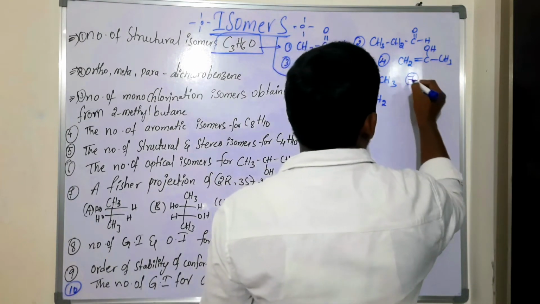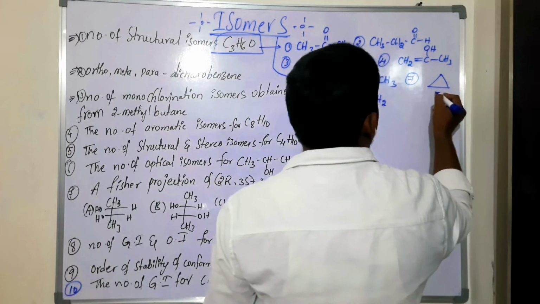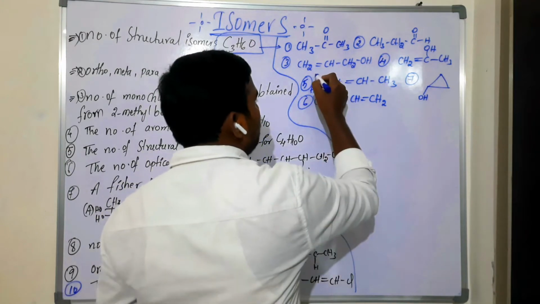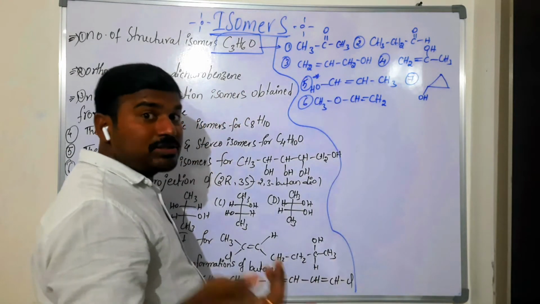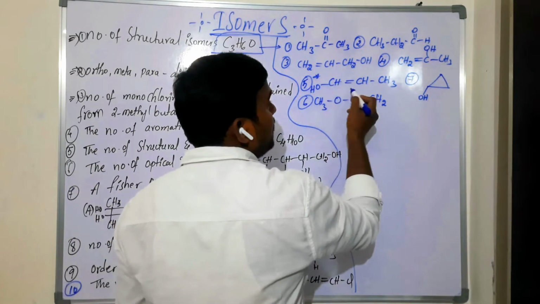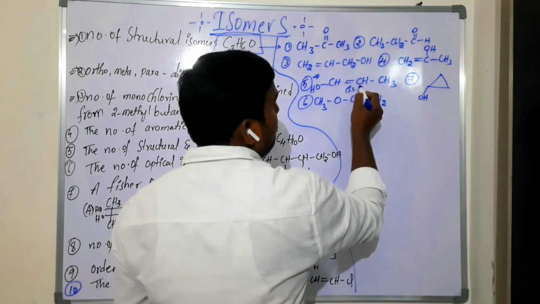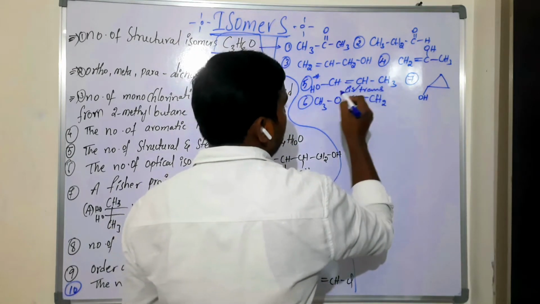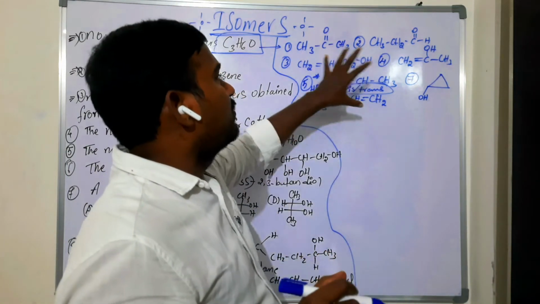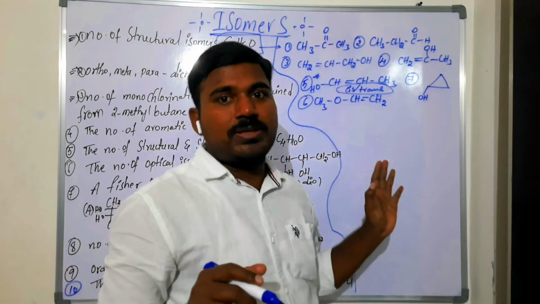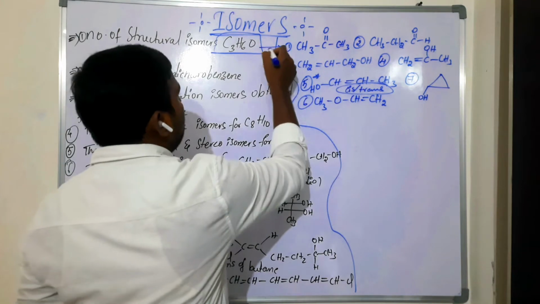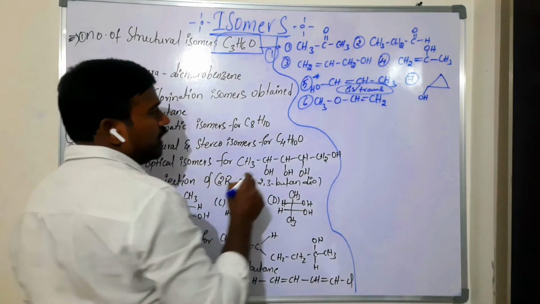So the seventh one comes under ring chain isomer. Also take the fifth compound. If they ask about geometry, if stereoisomers are included, then it has one cis and trans isomer. Cis-trans is also possible if they ask stereo, but they asked only structural isomers. So the total possible structural isomers are 7. Is that clear? That was C3H6O.